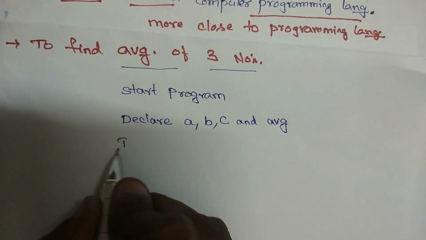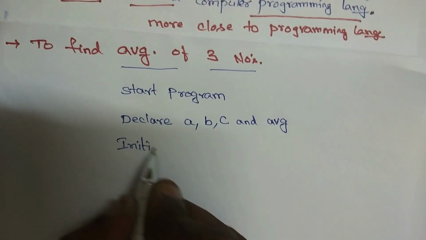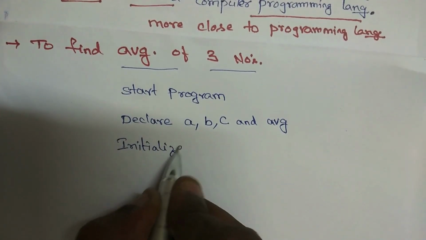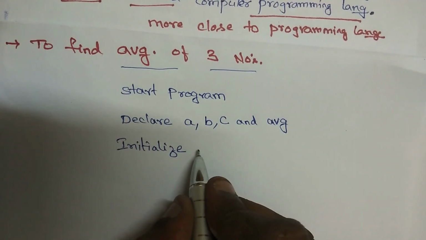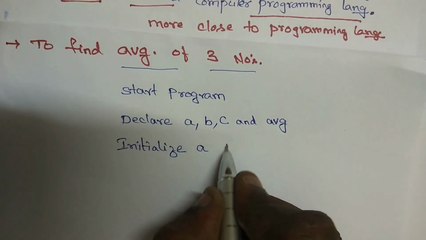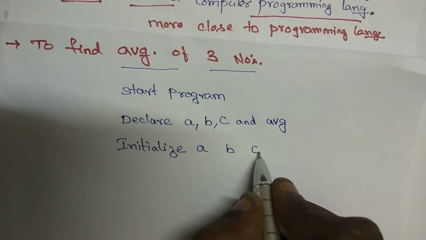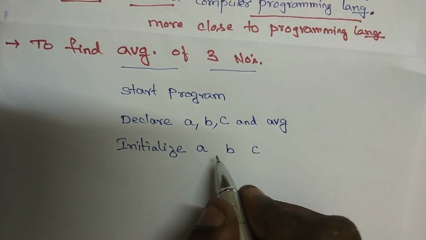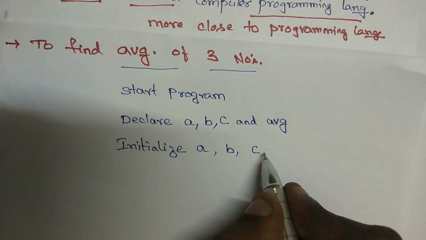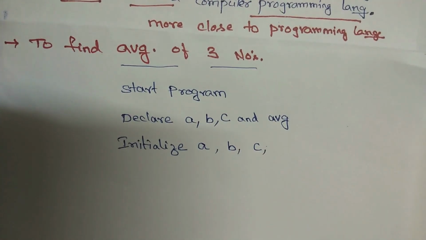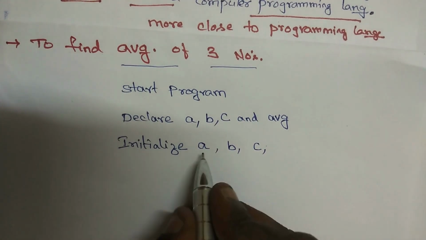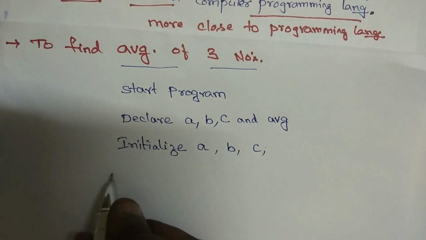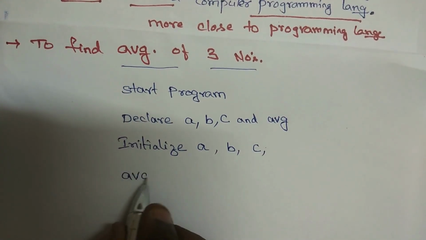Here I have to initialize what is the value of A, what is the value of B. That means here you have to initialize the value of A and the value of B and the value of C. You have to initialize either statically or at runtime, right? After that, if you know the value of A and B, now you are going to calculate the